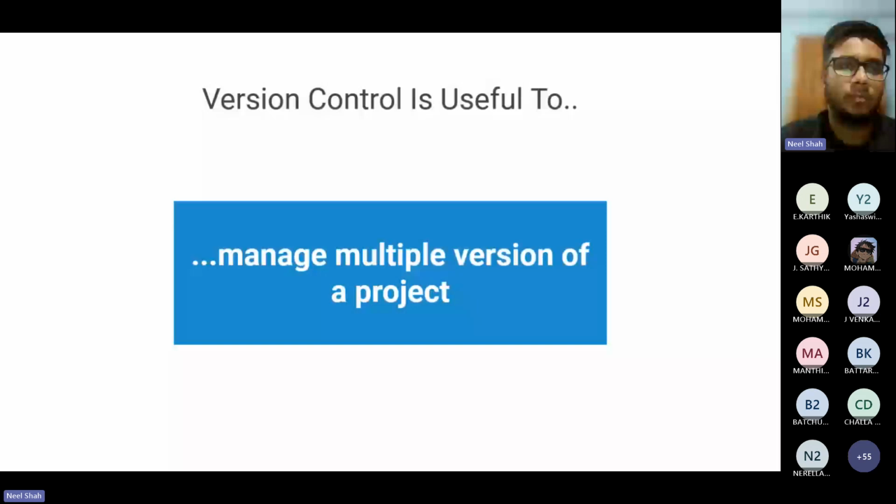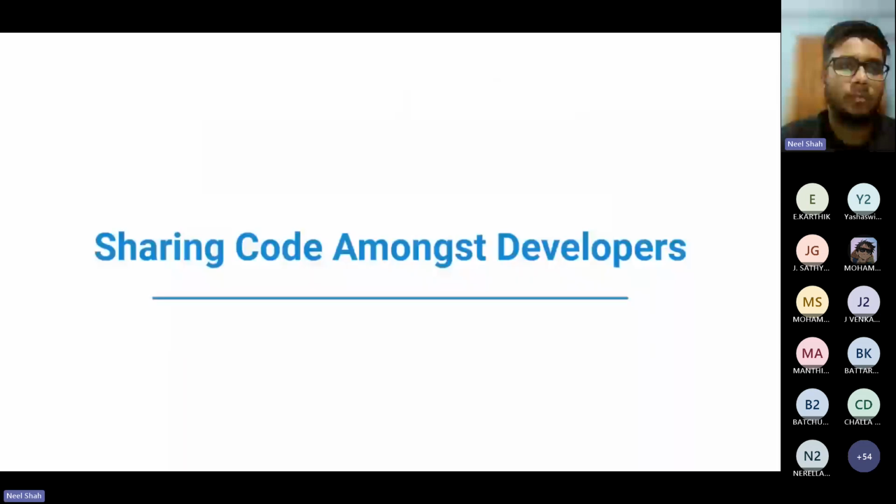And for people who are hearing Git and GitHub for the first time, Git is a version control system, and GitHub provides a platform for hosting your repositories, for hosting your code. So don't get confused between Git and GitHub. They have a similar label. Those who use it may know the importance of it and of sharing code among developers.